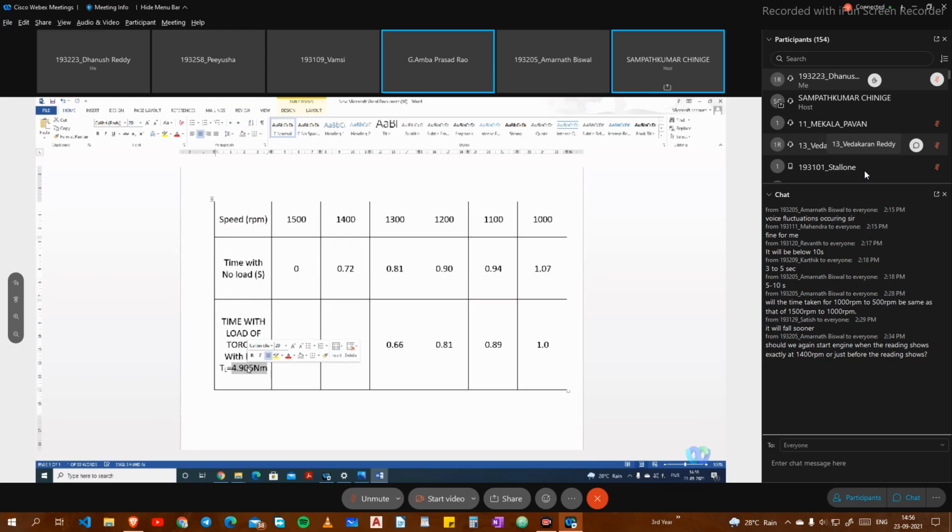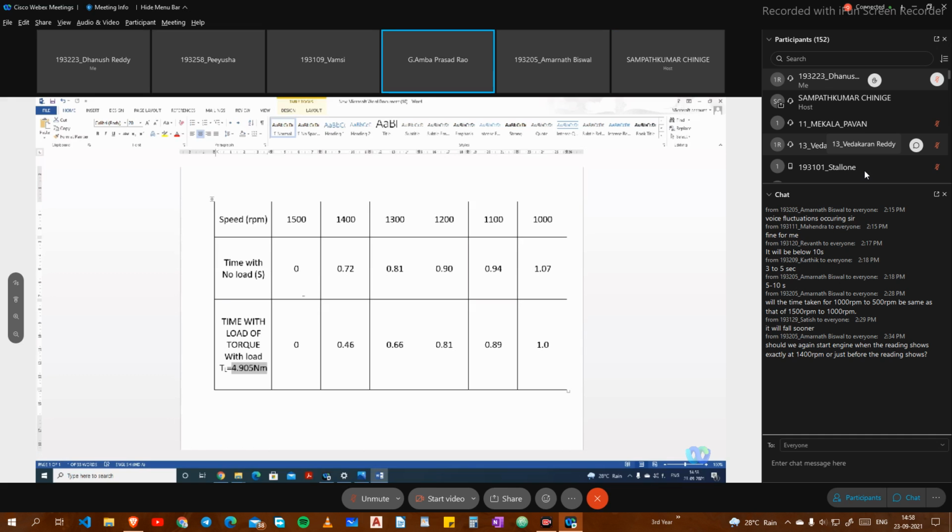Okay. So now, is this the difference between 14 and 13? Yes, sir. 0.81 to 0.72? Yes, sir. No. When it is going from 1500 to 1400, it is 0.72. So should we take 15 to 13 as 0.81, or is it the difference between 14 and 13? Just a moment. I think they took the absolute values, sir, not the difference. Okay, 15 to 14 is 0.72. Then 14 to 13 is 0.81.